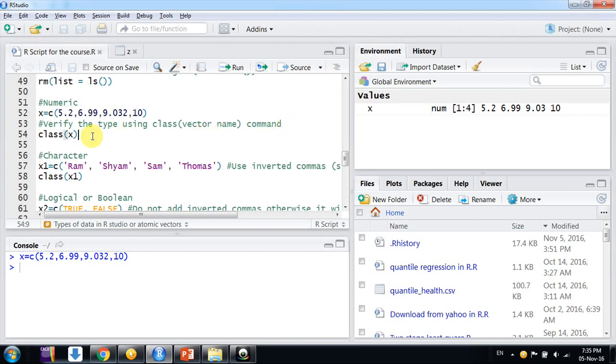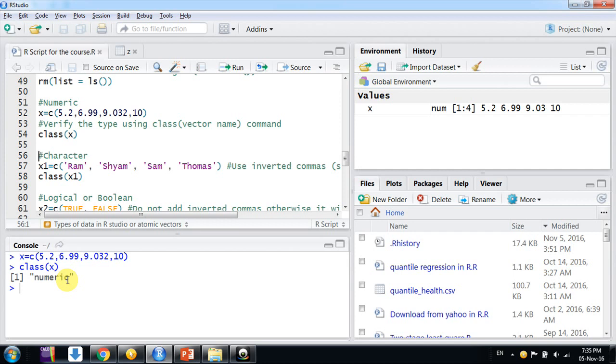We can also check the class of this variable by using class and in brackets the name of the vector. We had created the x vector, so we can check the class of x. It's a numeric vector.